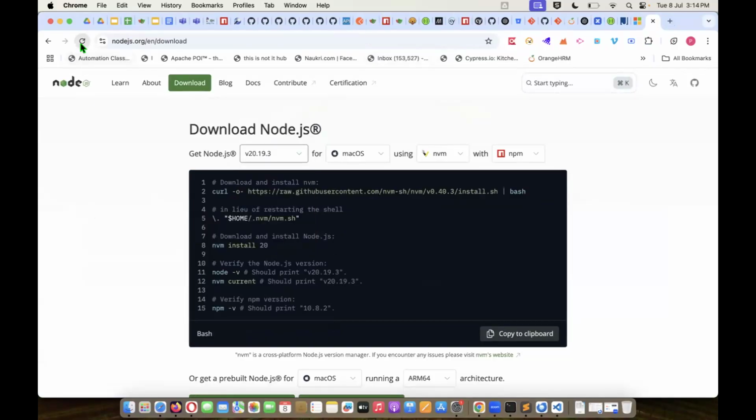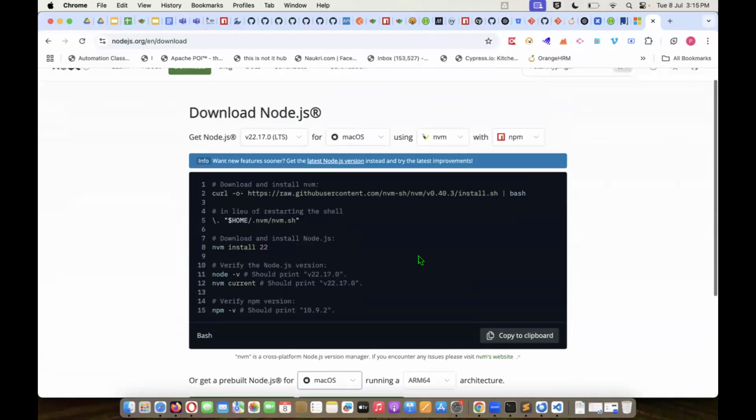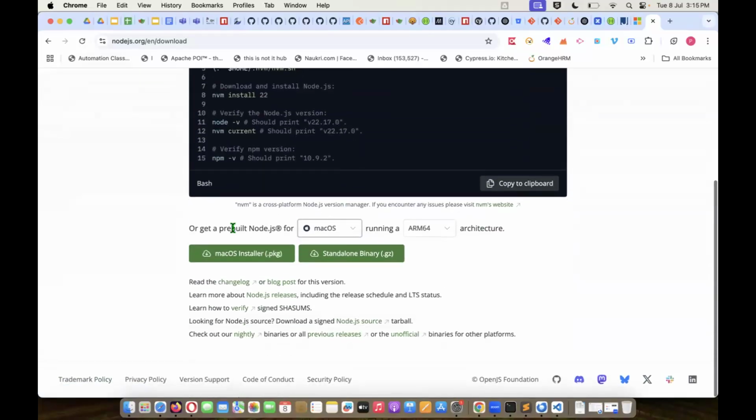Don't change anything. Just go to this section. If you are confused with the command logic, I would request everyone to go with this particular option, which is very straightforward. You select the Windows OS. Right now you are using x64, so select x64 and click on .msi. One file of around 67 MB will get downloaded. Once you do that, just perform the operations as we do for the other tools. Just go next, and after that you will see that Node.js is installed.